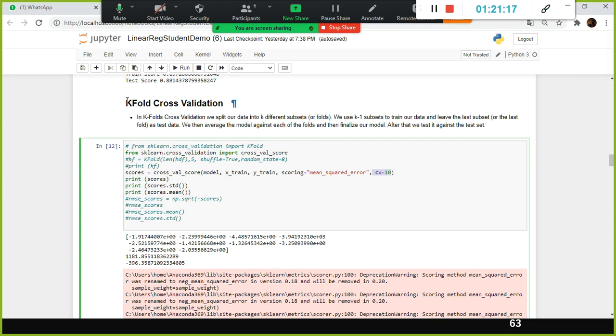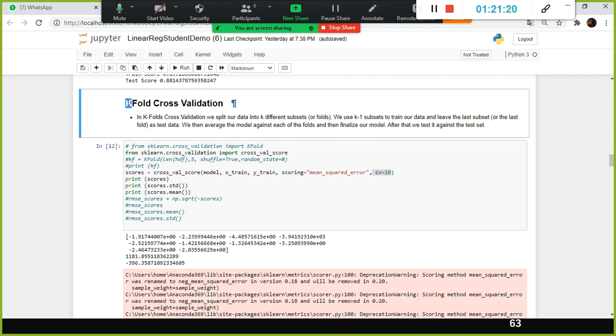See, k-fold: the k we can specify. It is called a hyperparameter. K is a hyperparameter, and you can specify whatever value you want, but traditionally we use tenfold cross validation. We take the given data set, and with the given data set itself, we split that into 10 different folds.